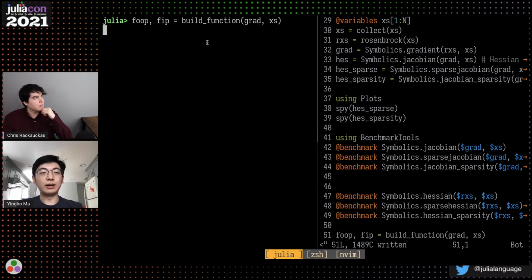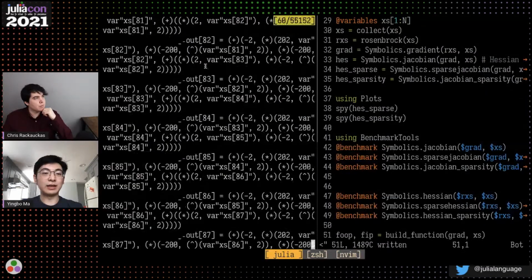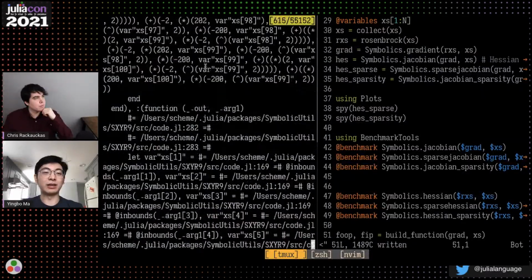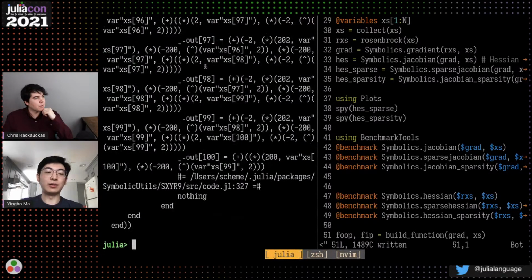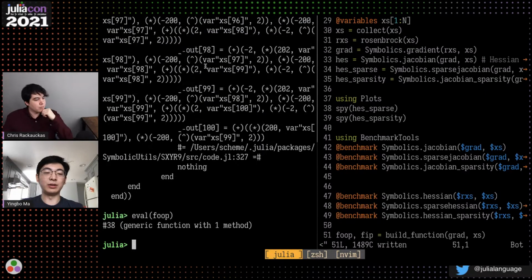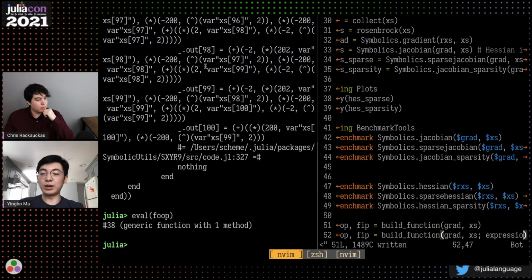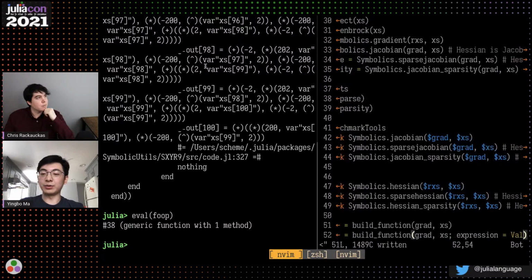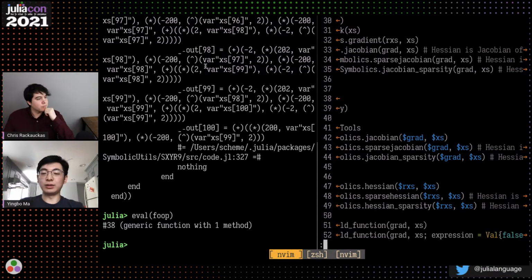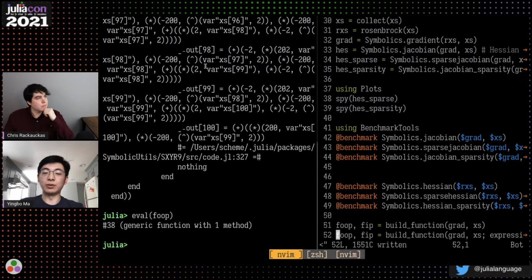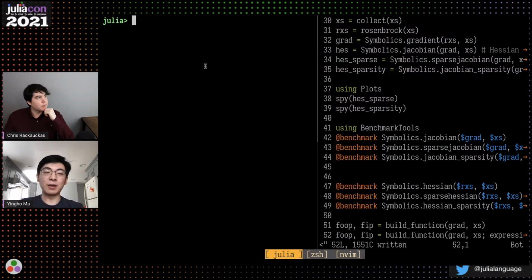By default, it gives us a huge Julia expression, but not a runtime generated Julia function, right? So users need to use the eval function in Julia to evaluate that to an actual function. But then we also provide the keyword argument expression equals false. So this is basically telling Symbolics to just generate runtime generated Julia functions directly, but not the